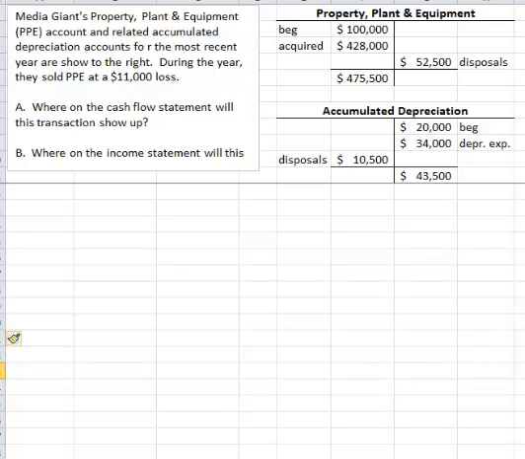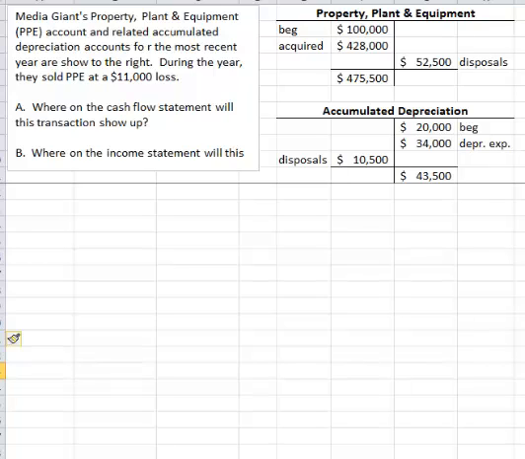So we're going to work on Media Giants property, plant, and equipment account to try to figure out how the transactions in these two accounts are going to be reported on the cash flow statement and then on the income statement. So here we have the T account for property, plant, and equipment. That's a natural debit account, so we have what they had at the beginning of the period, what they acquired,